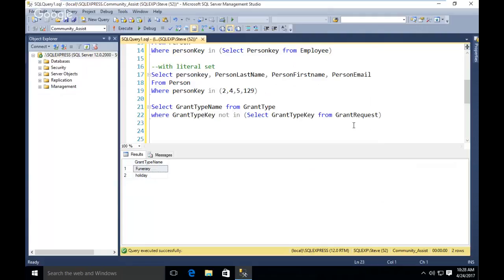Okay. Does it make sense, or are you confused? Yeah. So this will return a set of all the keys from grant type. So if I run this separately, it's kind of neat. You can just select inside and run it. See, it returns all these grant keys, which we could put a distinct in there, I suppose, just to keep it from being